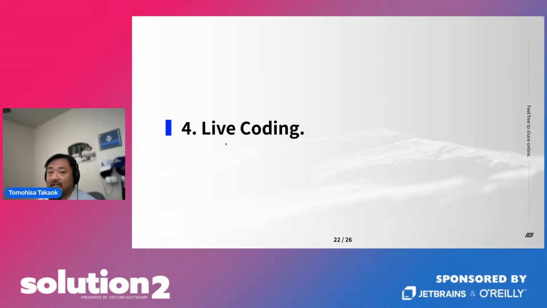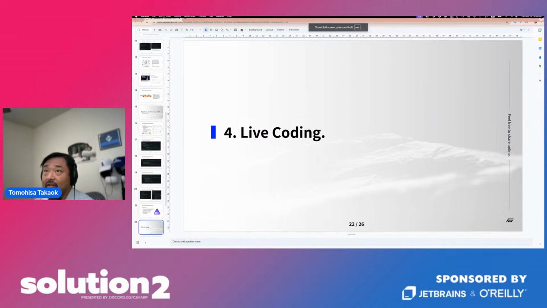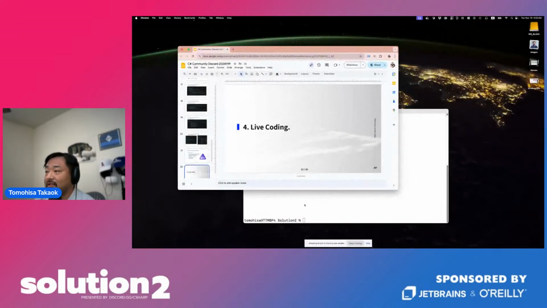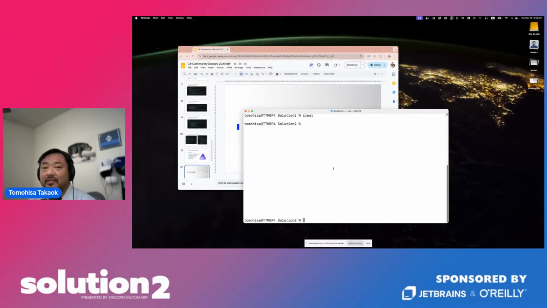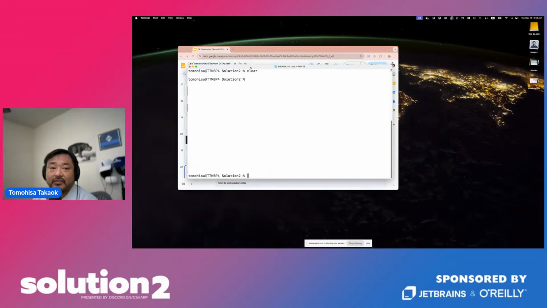So let's see the live coding. To do that, we need to make the project first. I'm using macOS, and for macOS, it's easy to do with the dotnet new command. In Windows, you can use New from Visual Studio and do that.